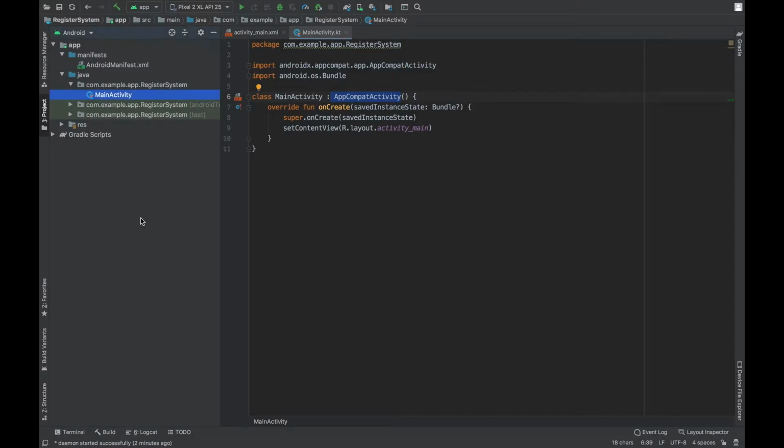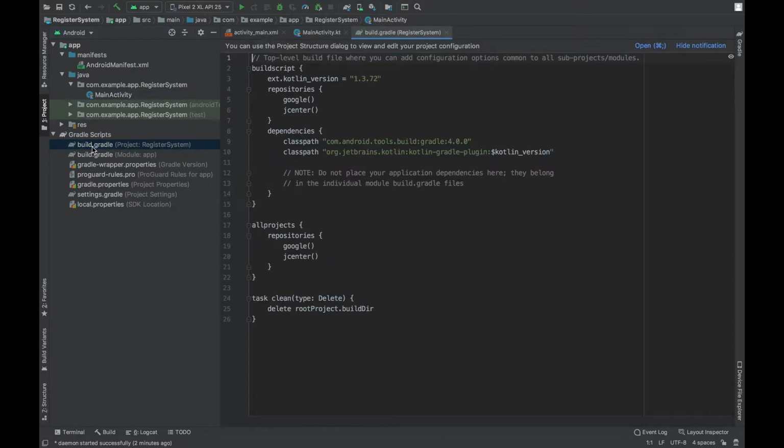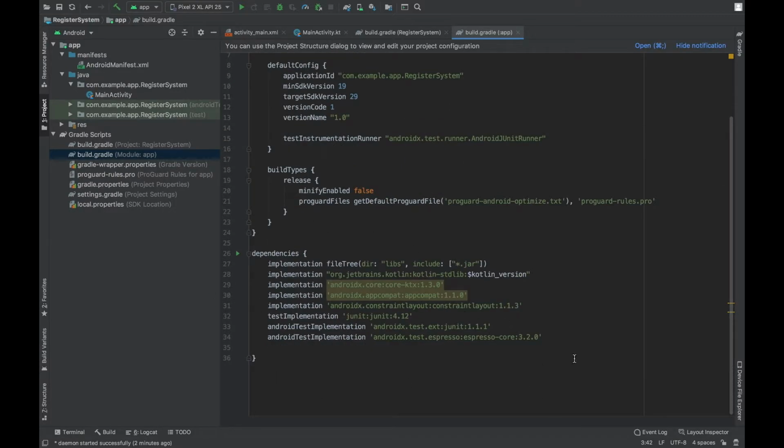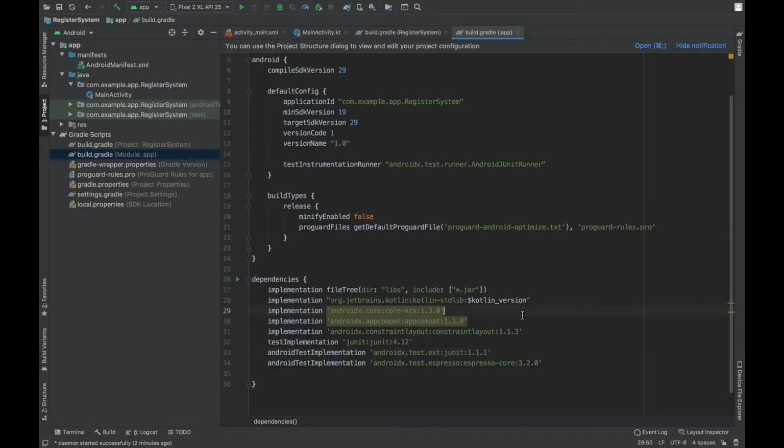Now let me show you that if you want to use Android X, you can click on this Gradle scripts folder, click build.gradle, and the other file build.gradle module app. Click on it, and here you can see all the dependencies of your application. We are using Android X here.